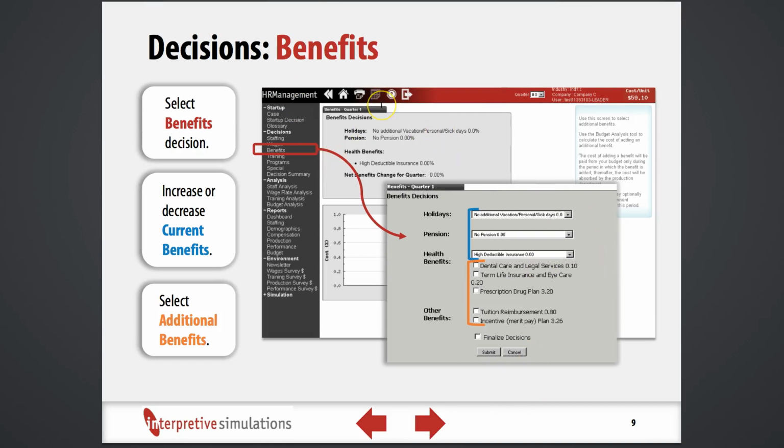Benefits. Each quarter you have to make a decision whether or not you want to increase, decrease, or keep your benefits the same. You'll be given opportunities to make changes to holidays and vacation time, to the pension, to any kind of health benefits, and any other general benefits like incentives or tuition reimbursement. These numbers represent a percentage. The 0.1 means 10% of your payroll. 0.2 is 20% of your payroll. 3.2 is